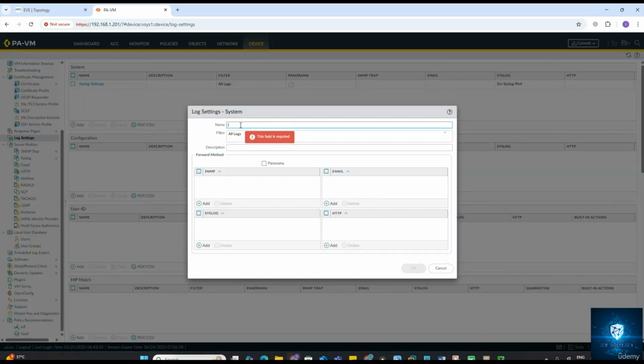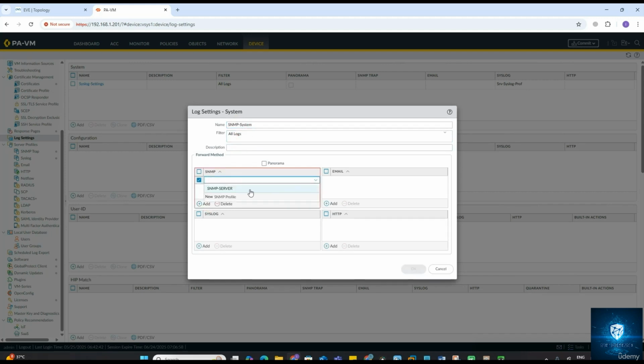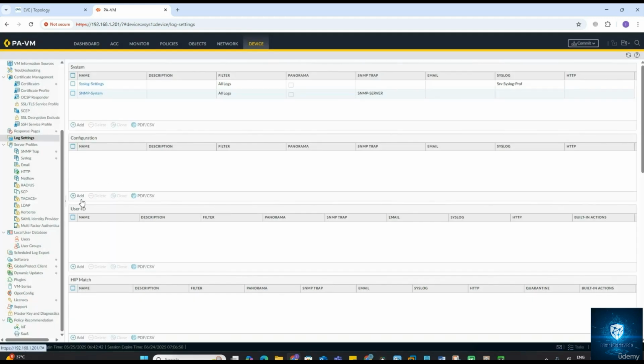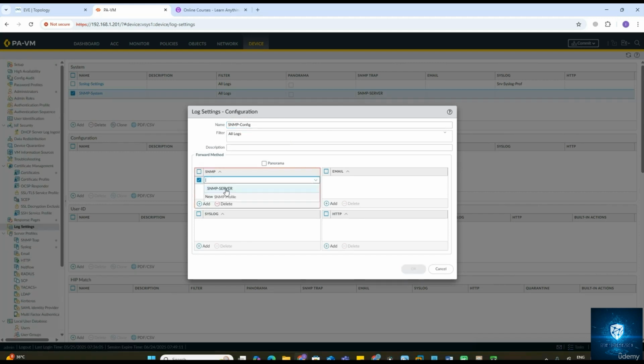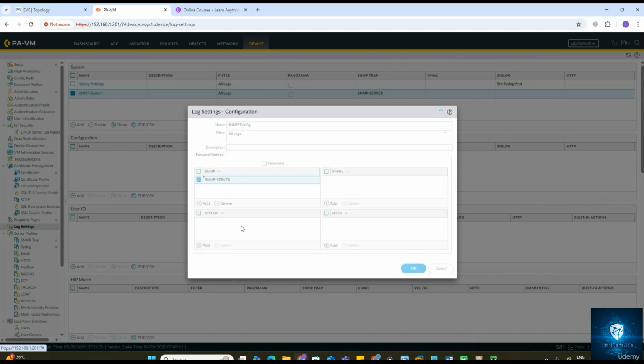Let's say this is for SNMP system, something like that we can specify. And then you have all logs, then you can add the SNMP profile here. That's all. Like that, we will also create it for configuration. Let's say SNMP config like this, and then we'll add the profile here, the SNMP server profile, and click